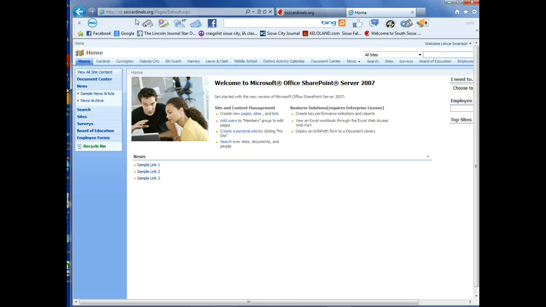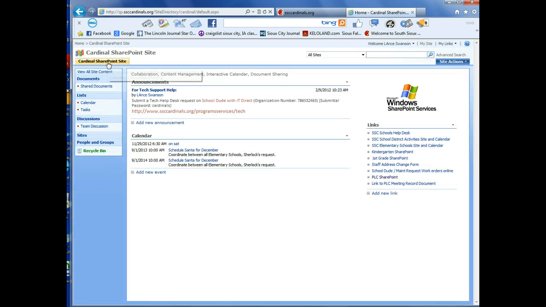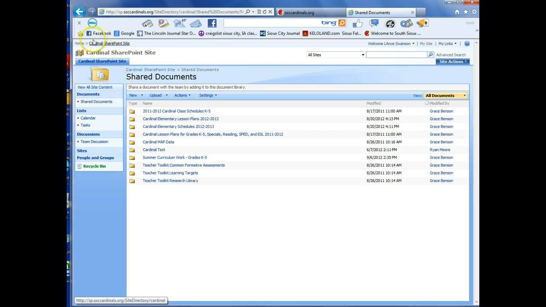This is a nice page because it shows you tabs for each of the main elementary schools in the district and the other schools. If I click here and go to Cardinal, it shows me the Cardinal site. The wonderful thing is that once you're at the Cardinal site, you can go to the shared documents or wherever,